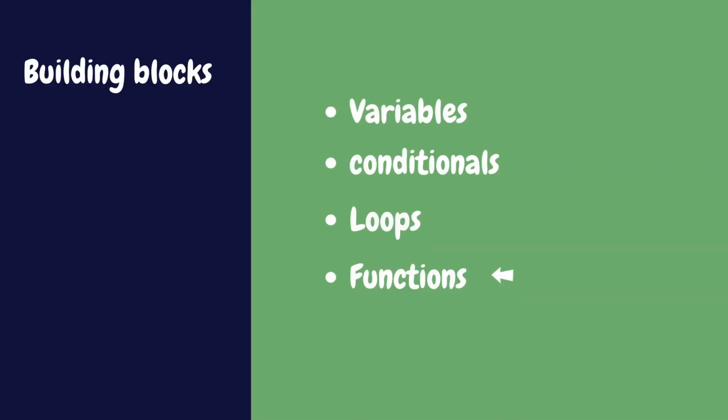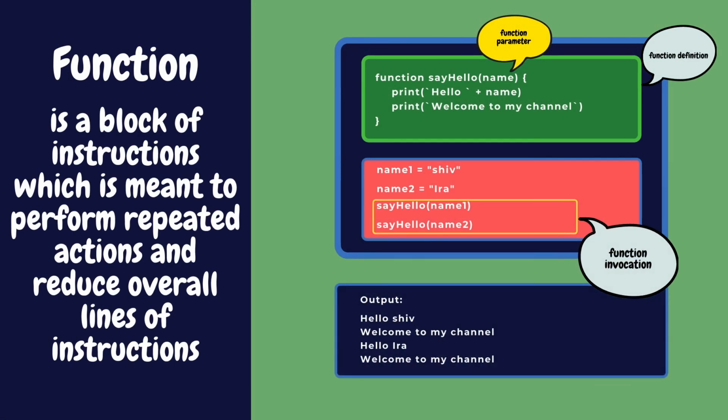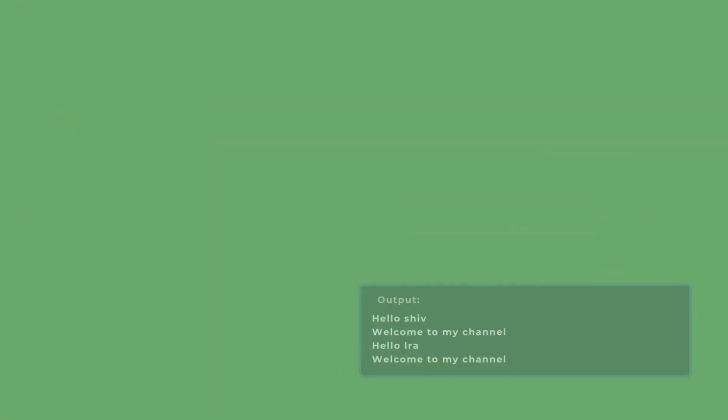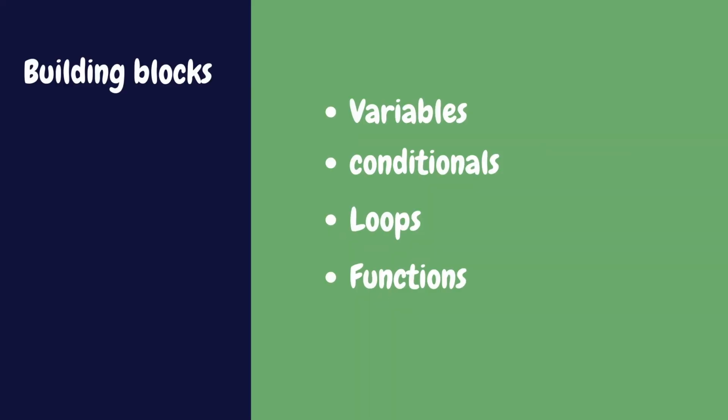The fourth and the last one is function. Function is a block of instructions. Functions can also accept data. The piece of data passed into a function definition is referred to as a parameter. Functions are useful to reduce overall lines of code if there are repeated set of instructions that need to be executed again and again from different parts of the program. In order to execute the statements within a function, the function needs to be called or invoked from anywhere in the program. We will dive deeper into each of these building blocks after we pick the programming language.